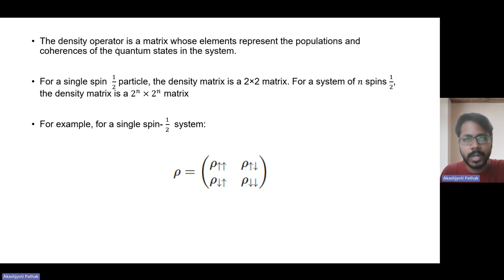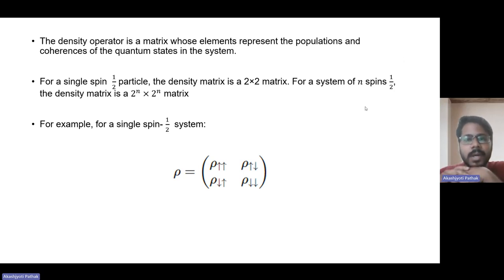So you understood what the density operator is. The density operator is a matrix whose elements represent the populations and coherences of the quantum states in the system. So in a matrix you will have elements. We will look into what the diagonal elements and the off diagonal elements represent in the upcoming slides. The diagonal elements and the off diagonal elements represent the populations and coherences of the quantum states in the system. Now, for a single spin half particle,